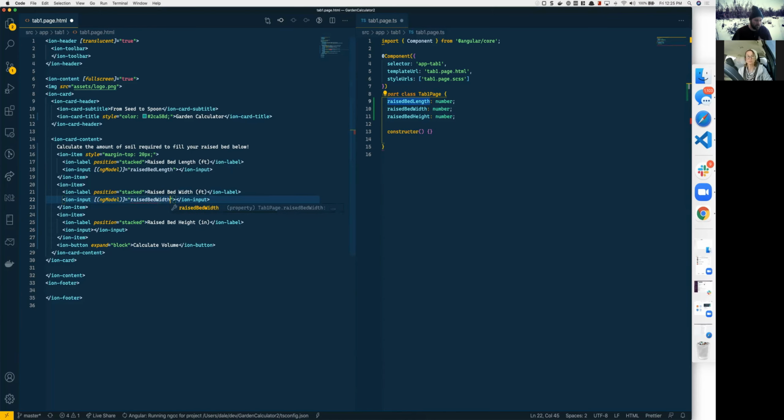width, and now change this to height. This is another one of those situations where it'll help you autocomplete too. So if you're typing it, it'll help you autocomplete it. Okay, so now we have it set up where whenever you input something into one of these inputs, it should be saving it over here in the TypeScript in one of these variables. So let's